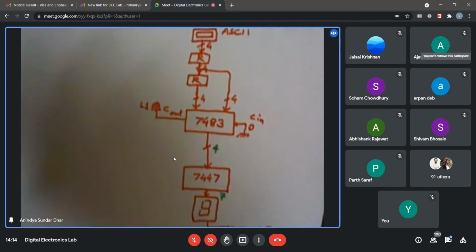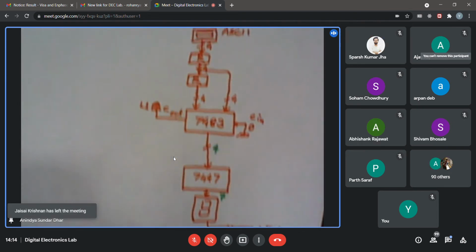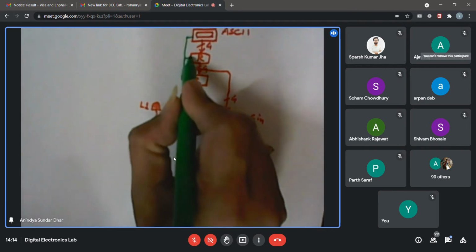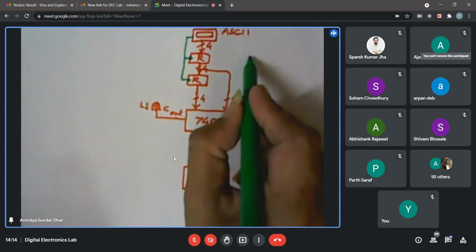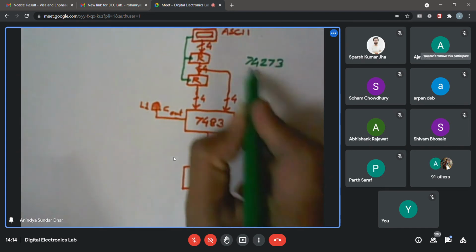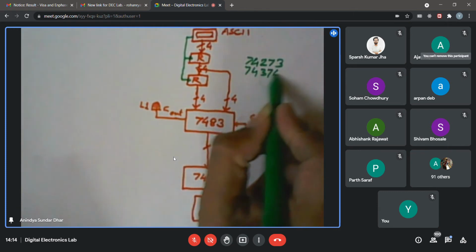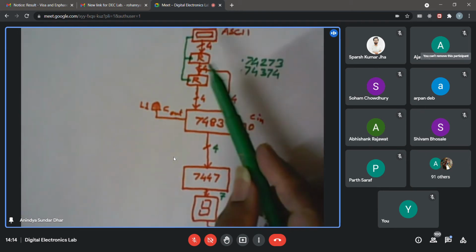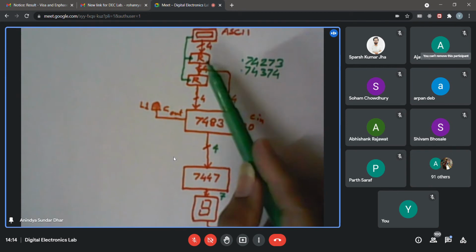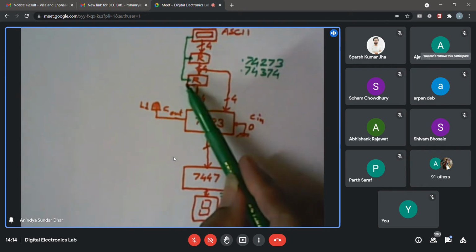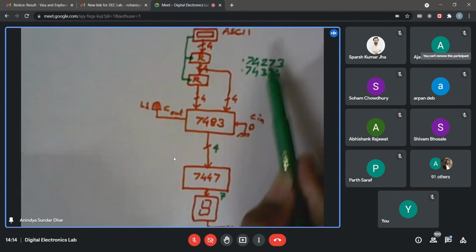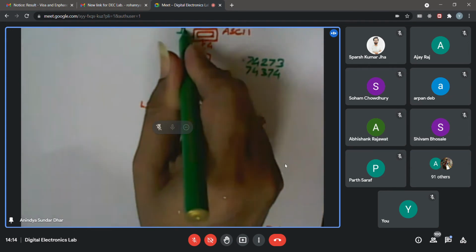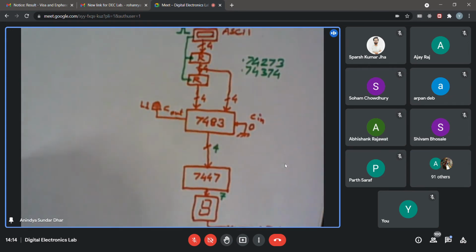So that was the structure, right? I have not shown the strobe signal. Strobe signal will be there. So just if I show the strobe signal is going to both the registers. However, you may use a single register, say 74273 or 74374. In that case, it's just a single IC, a single package, where you are having 8 flip-flops. So it will act as 2 set of 4-bit register with a single clock line. Though logically I have shown 2 clock lines, but in practice, if you use just a single IC, there will be a single clock line that will be connected to that strobe signal. So I'm symbolically showing that there is a strobe line. So this is what you have done, I remember.